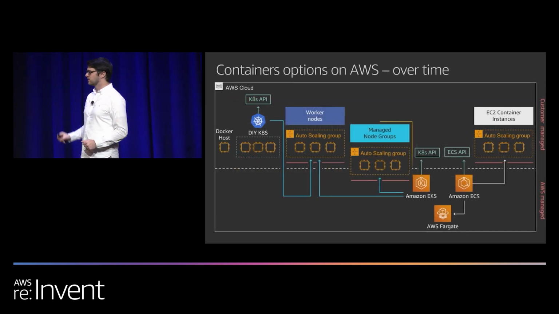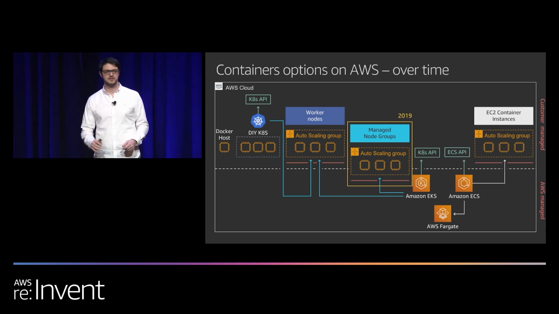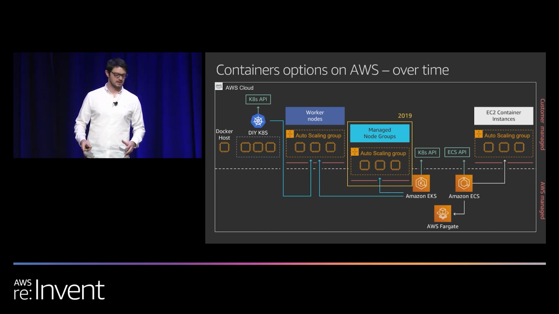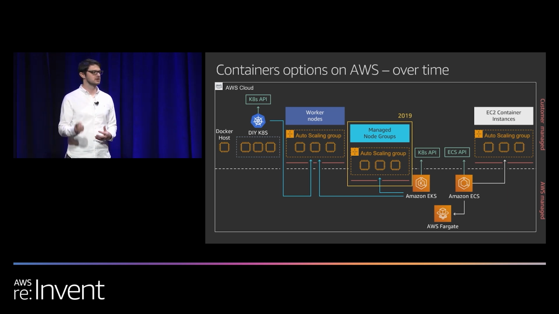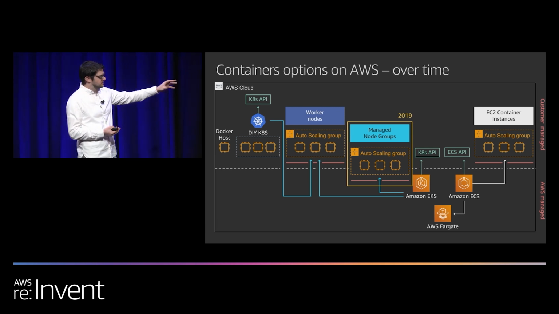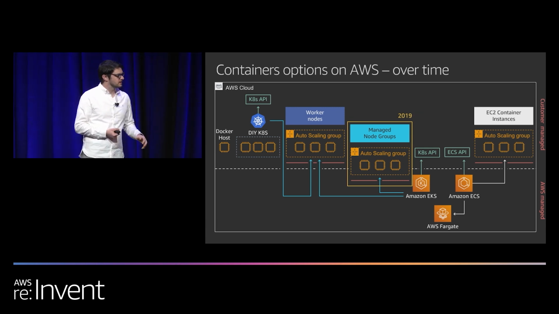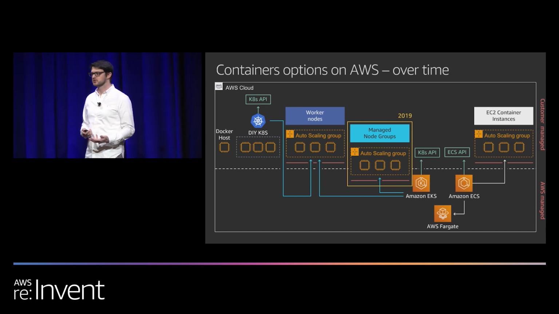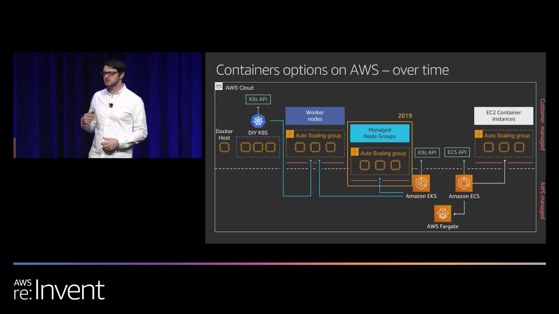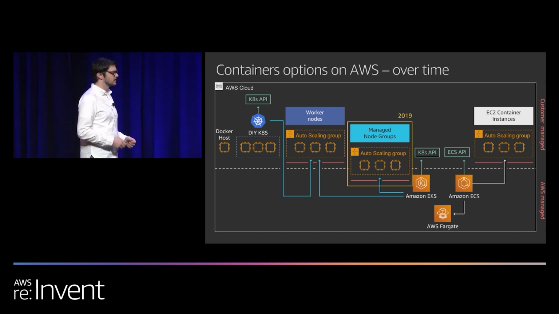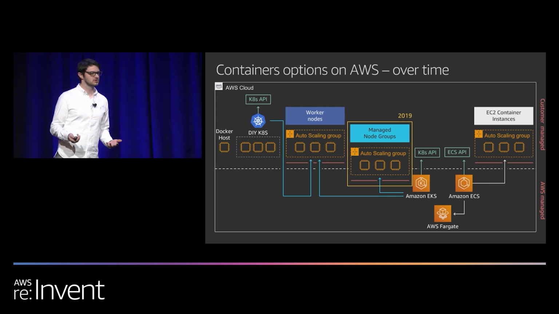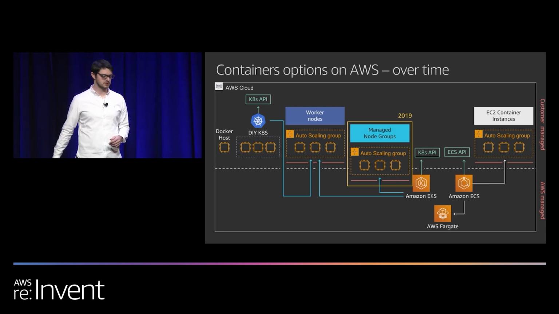The first way, we actually just announced a few weeks ago at KubeCon. This is EKS Managed Node Groups. What Managed Node Groups does is it's automation that makes it easy to start virtual machines for your cluster and your account. Managed Node Groups is kind of in between the lines, because while EKS starts all those virtual machines, it starts them in your account. So it's just a little bit of automation tooling. You still have to scale instances. You have to know about the instances. You have to think about the instances a little bit less than you used to, but you still have a little bit of work to do.